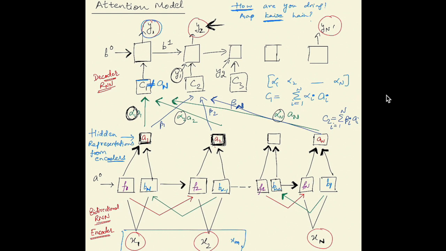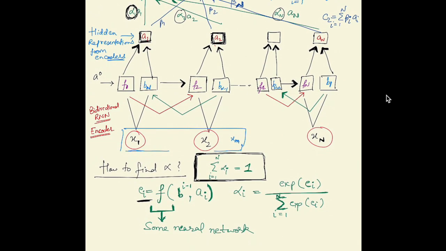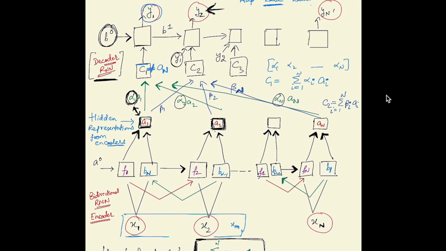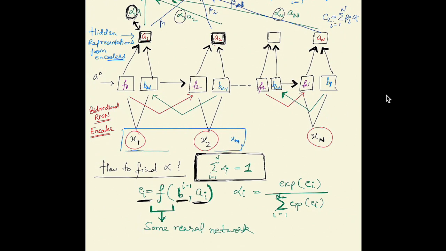But all these alphas should also depend on B0. B0 is like the previous information of the decoder. What is the information of the decoder till now? Which are the words which we have seen earlier? And depending on the words which we have seen earlier, these weights would be decided. So basically, in principle, to decide alpha i, we need to see what is ai, a relationship between these, and we also need to see the hidden representation so far, bi minus 1, and we can pass ai and bi minus 1 through some neural network to calculate ei's,